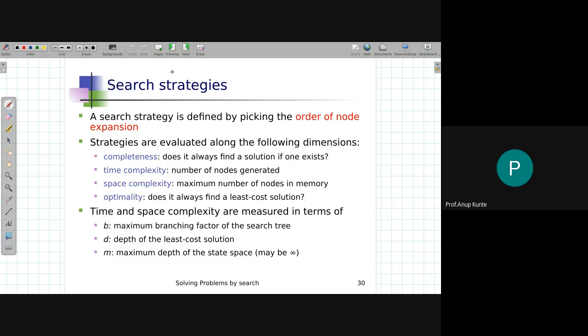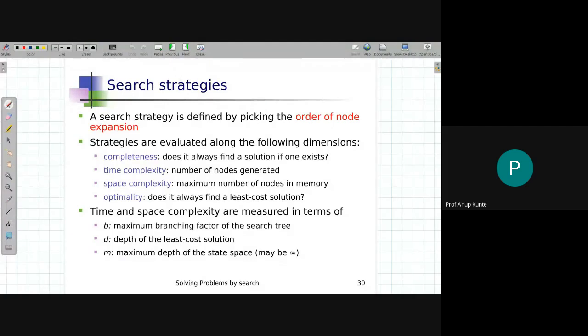If I'm maintaining fringe as a queue, then always I will be removing the first node, and whenever I expand that node, because it is not a goal node, then whatever new nodes are generated, they will always go at the back side because it is maintained as a queue. Okay, so you can imagine that if I have expanded, say, currently 3 nodes, and I selected one of them because it was at the front, rest of the 2 siblings of that node, they will be the next 2 nodes in contention to come out.